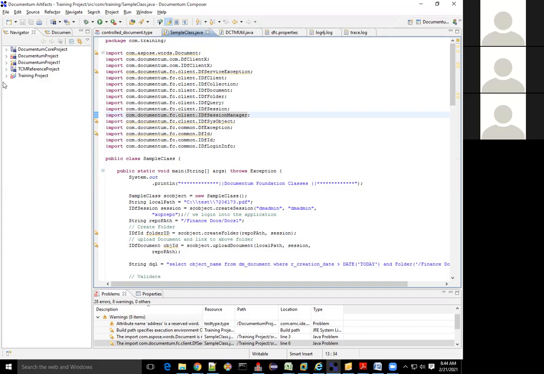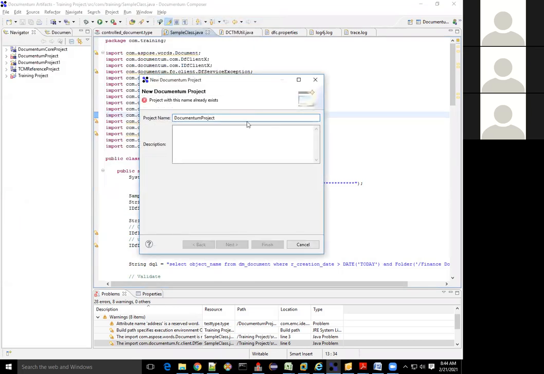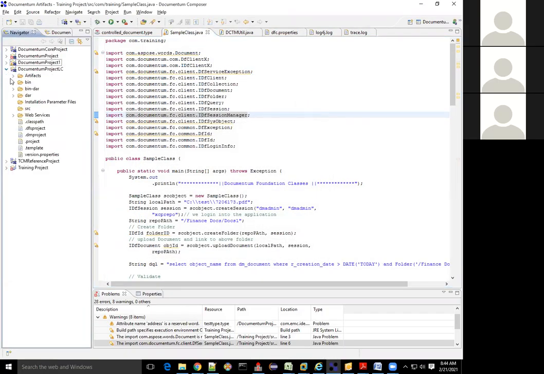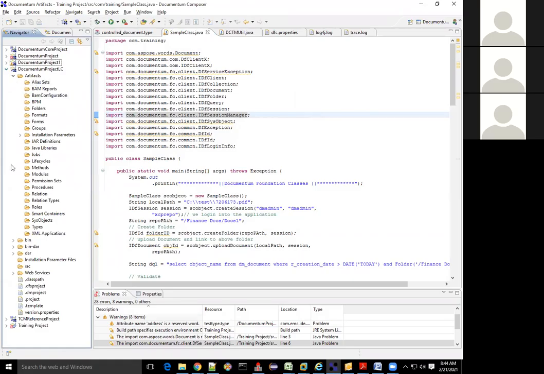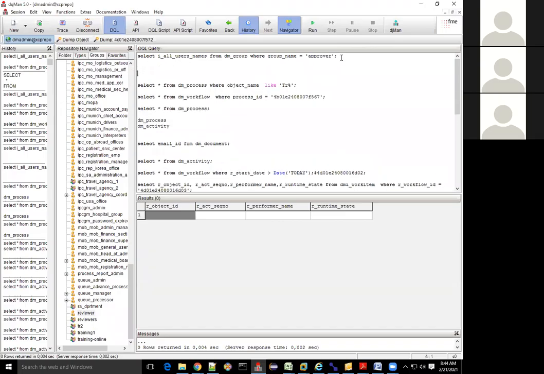In order to create a life cycle, first of all we create a new Documentum project, life cycle. Go to the artifacts. First of all, let's check whether we have any life cycle here in this. Select from